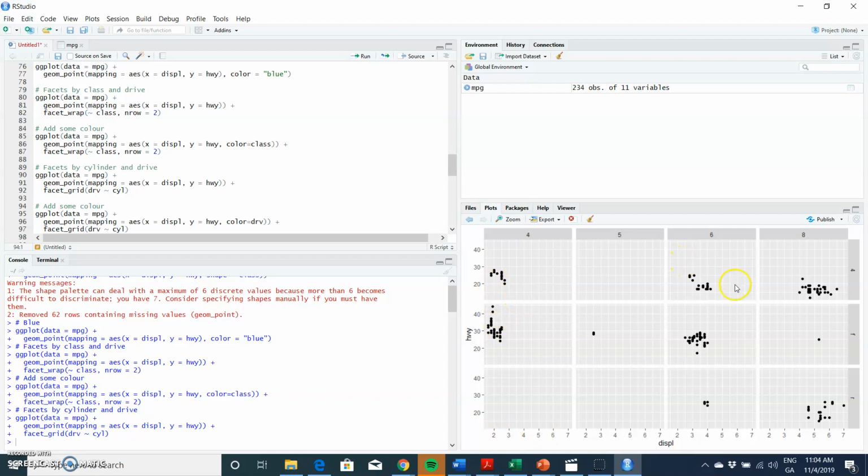Again, looks negative, and here somewhat negative, maybe less compelling here. Here it would appear fairly sharp for the 4-cylinder engine with the front-wheel drive,